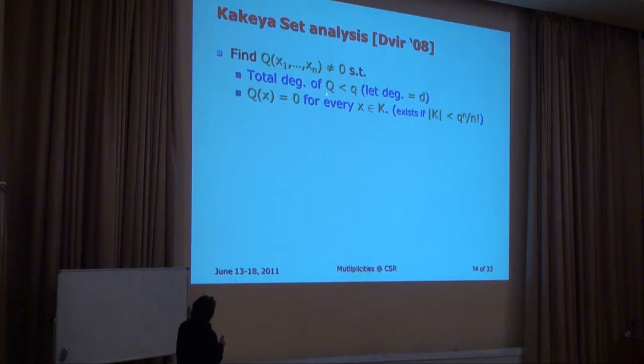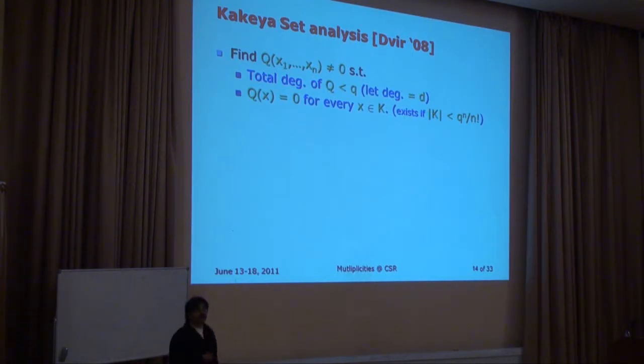And we will insist that its total degree be less than the size of the field. Q less than q is a terrible notation, but this is the way things work out. Let's say its degree happens to be d. We'll use little d to denote its degree, just in case you were very lucky. Typically you expect it to be q minus 1, because you insisted it should be of degree less than q, but maybe it's less. And the counting says that if the Kakeya set you're examining, where you want lower bounds, turns out to be too small, less than something like q to the n over n factorial, then such a polynomial exists.